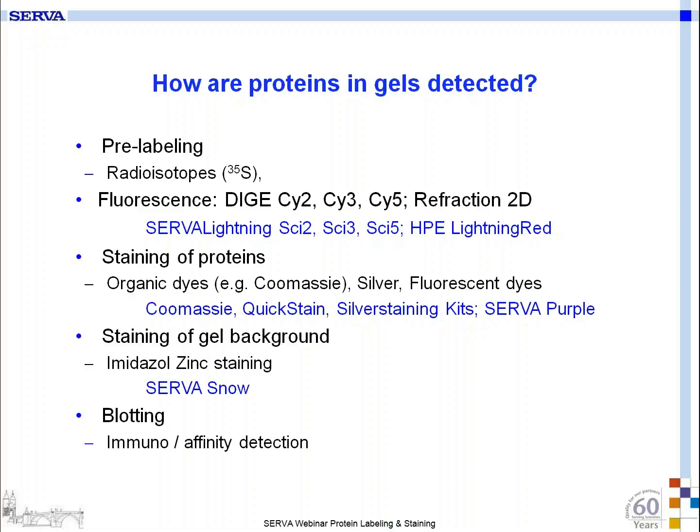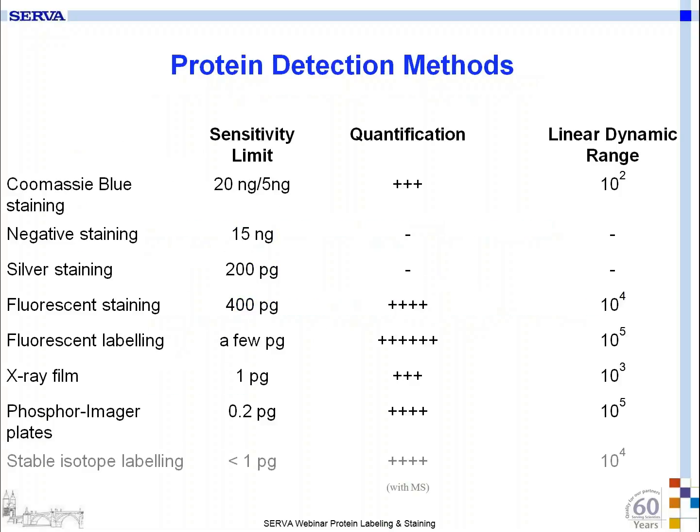There you have different possibilities, for example, immuno or affinity detection on a blot. And here you have all these detection methods as a table where you can see the sensitivity limit, the quantification,